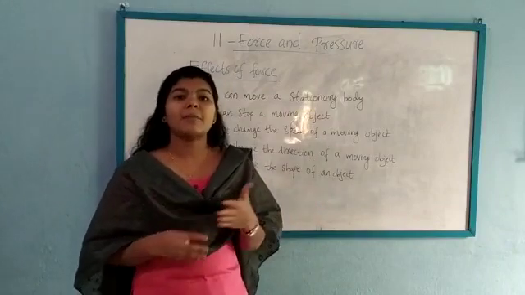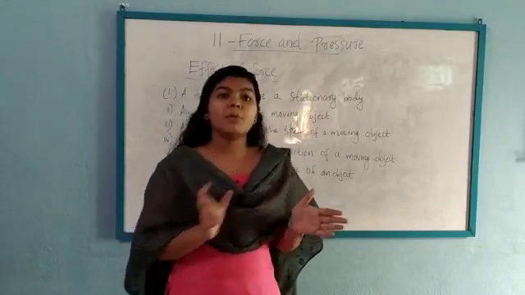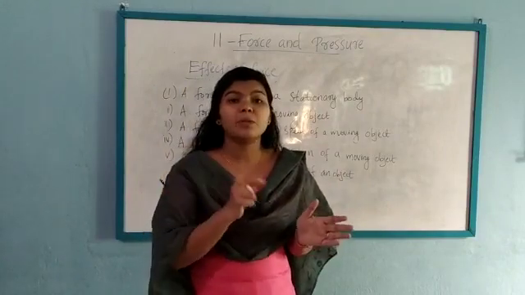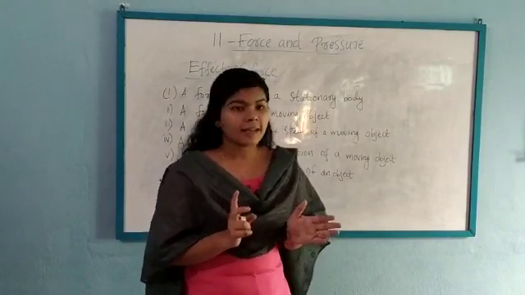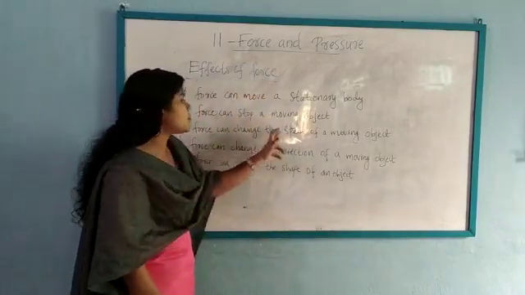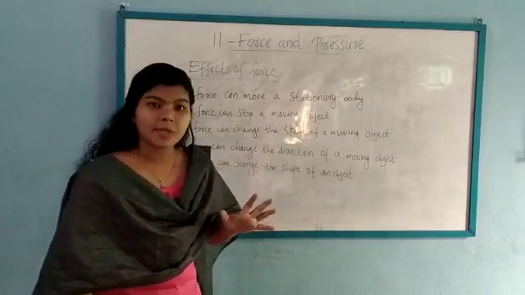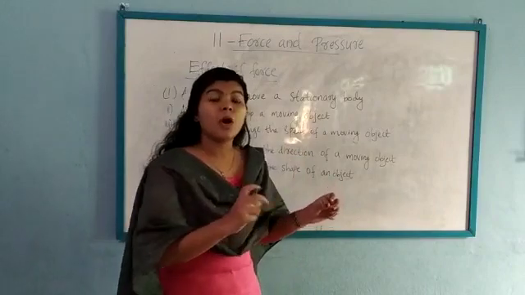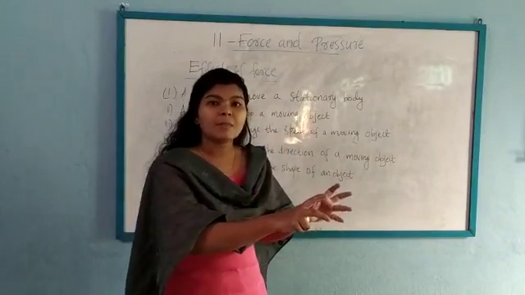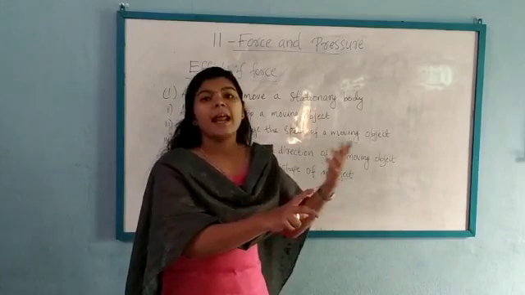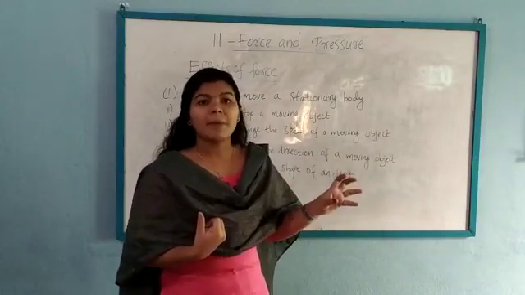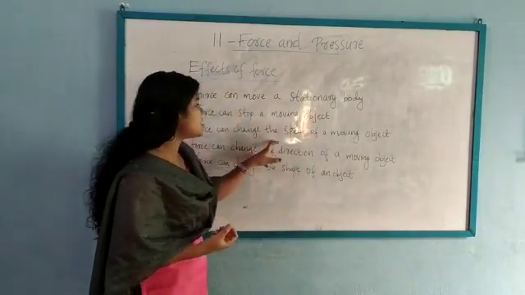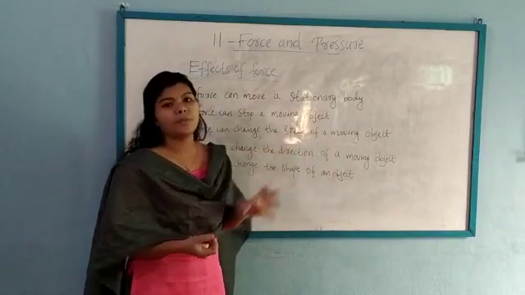And on the other hand, when I am riding a bicycle and someone pushes the bicycle, the speed of the bicycle increases. And that push and pull is the force. Right? So a force can change the speed of a moving object. Here the moving object is the bicycle, and my friend applies a force or pushes forward, which means the speed of the bicycle increases, and if he pulls back, the speed of the bicycle reduces. Therefore, a force can change the speed of a moving object.